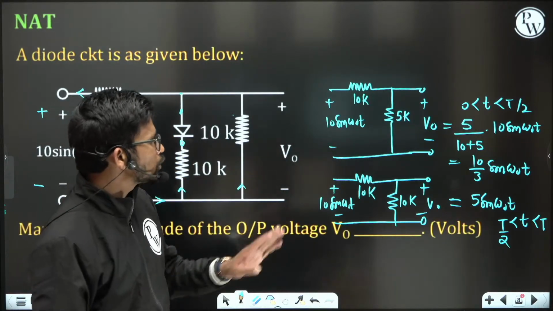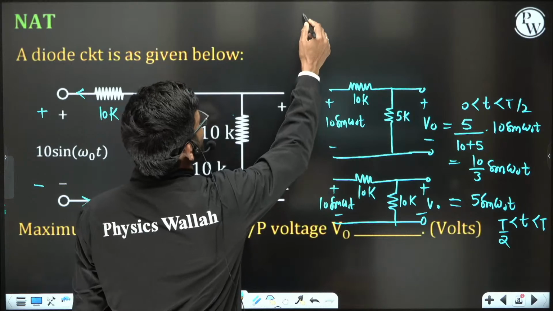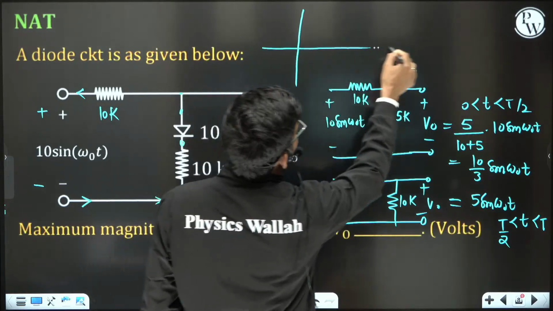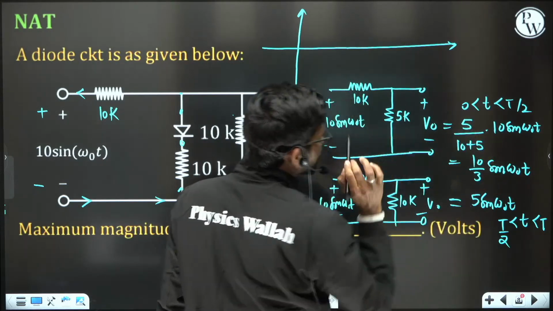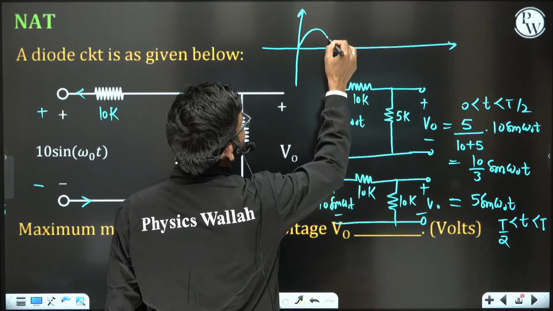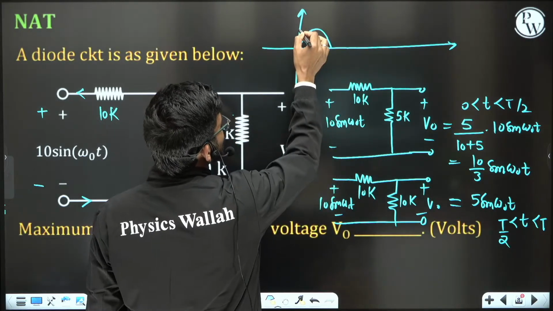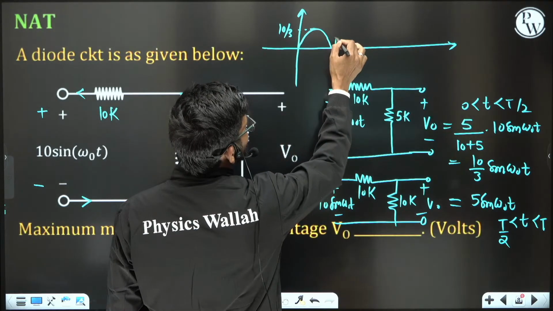So if I need to plot the graph of output V naught, what it looks like? See here, output is 10 by 3 sin omega naught t in 0 to T by 2. So in 0 to T by 2 it is 10 by 3. So this value is 10 by 3, 10 by 3 sin omega naught t from 0 to T by 2,